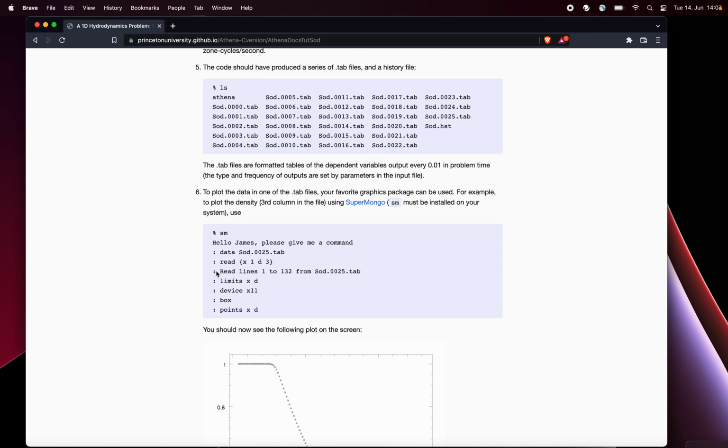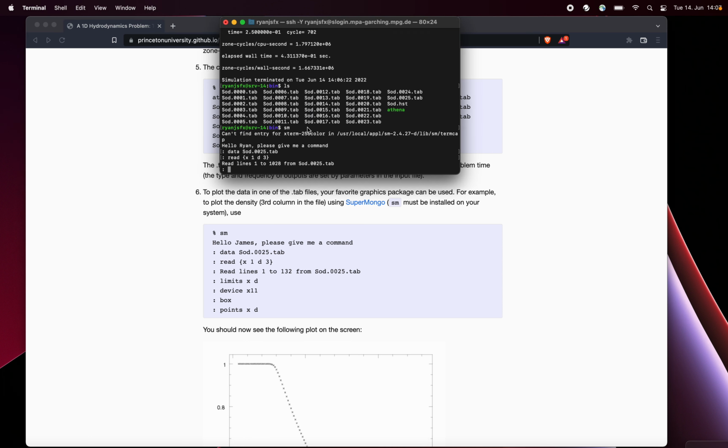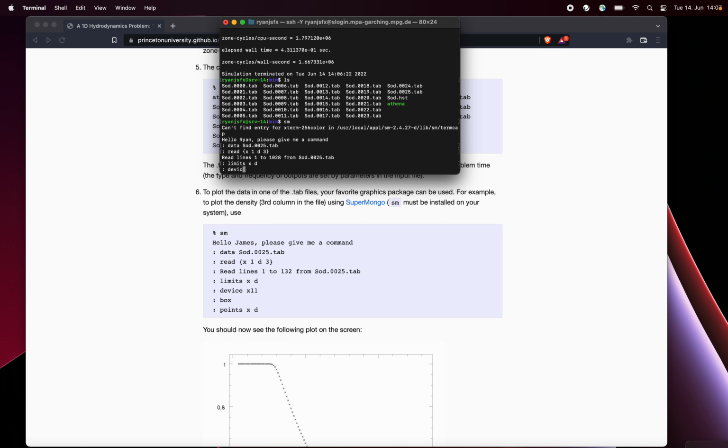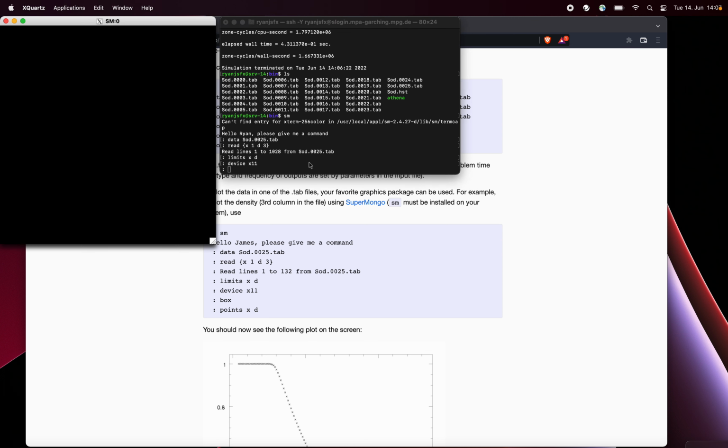All right, so one confusing thing here is that they probably shouldn't have this colon here, because that's actually the output. So here, for example, we don't have the colon for the read lines thing. All right, limits xd, device x11. So this assumes that you have an X window set up, you have X forwarding set up, which is,